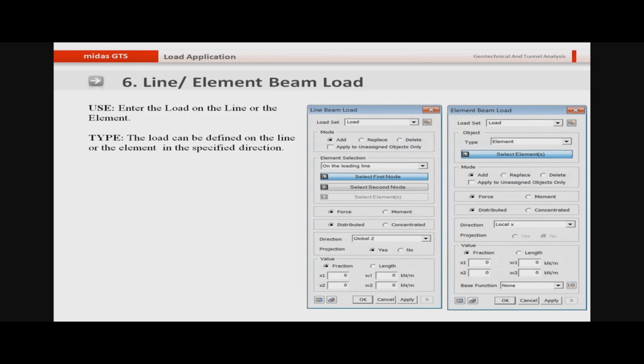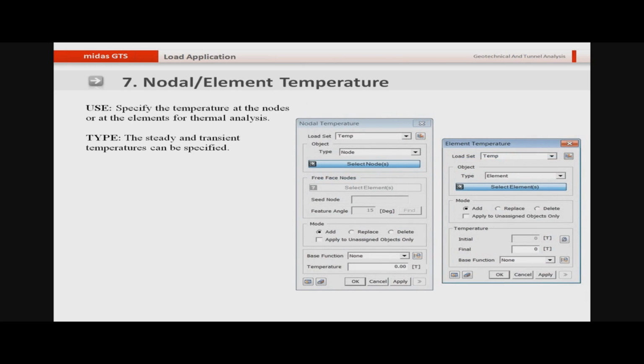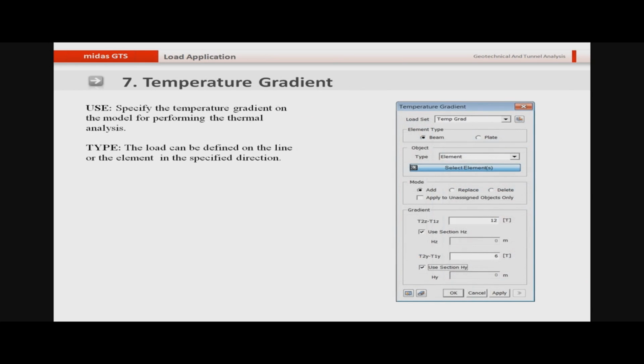And you can also model the line or the element beam loads. You can select the element where you want to define the load, and you can define the load on that element. And you can also define the nodal temperature. If you want to perform the thermal stress analysis, you can define what is the temperature in a particular part of the model, and then Midas GTS will undergo a thermal stress analysis to tell you what is the stress due to the change in temperature from one location to another.